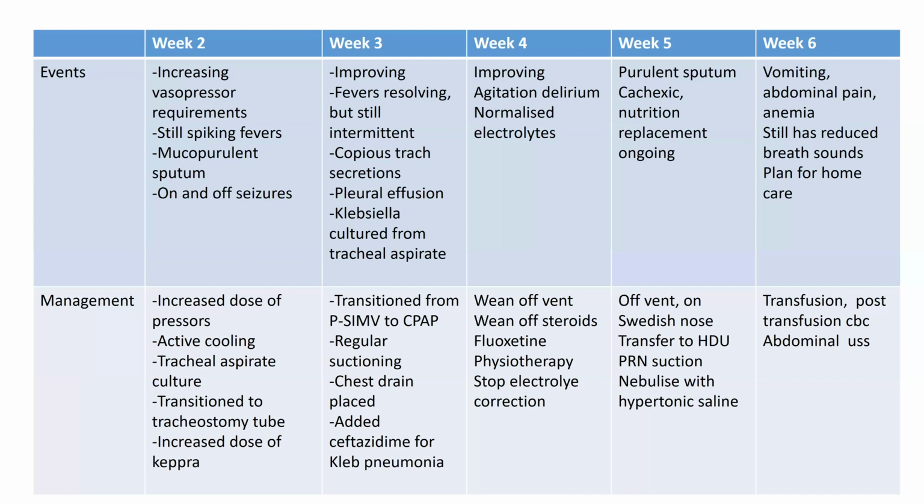Then in week 3, the patient had started showing some signs of improvement. The fevers were starting to go down, much as we still had intermittent fevers. The pleural effusion had actually increased. There was a POCUS done, a chest ultrasound. And at this point, we decided to put in a chest tube, and then of course,